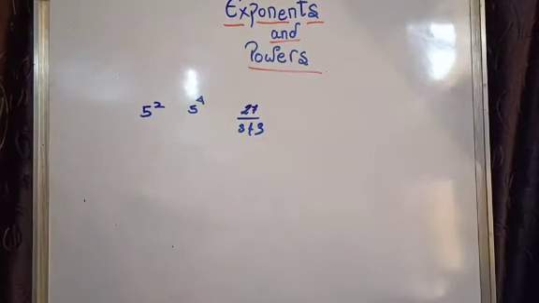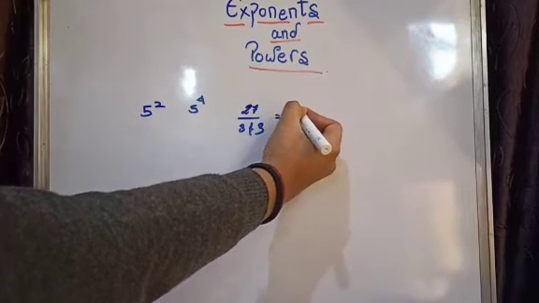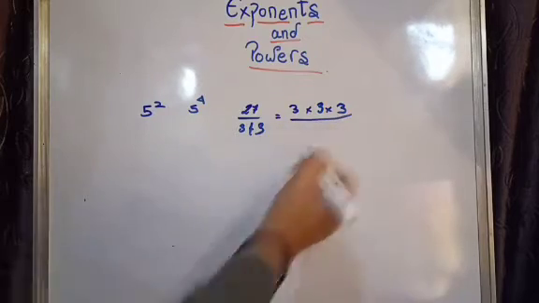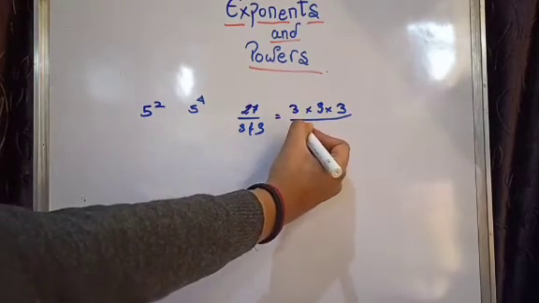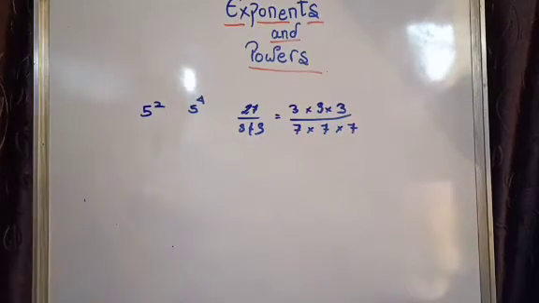Okay. So now it is given that we convert the rational number 27 over 343 into exponential form. See what I will do. I will write like this. First of all, I will find which number's repeated multiplication gives this. I will find that it is 3 cube. It is 3 multiplied by 3 multiplied by 3, over 7 multiplied by 7 multiplied by 7. Now you will find that it is 3 cube over 7 cube.